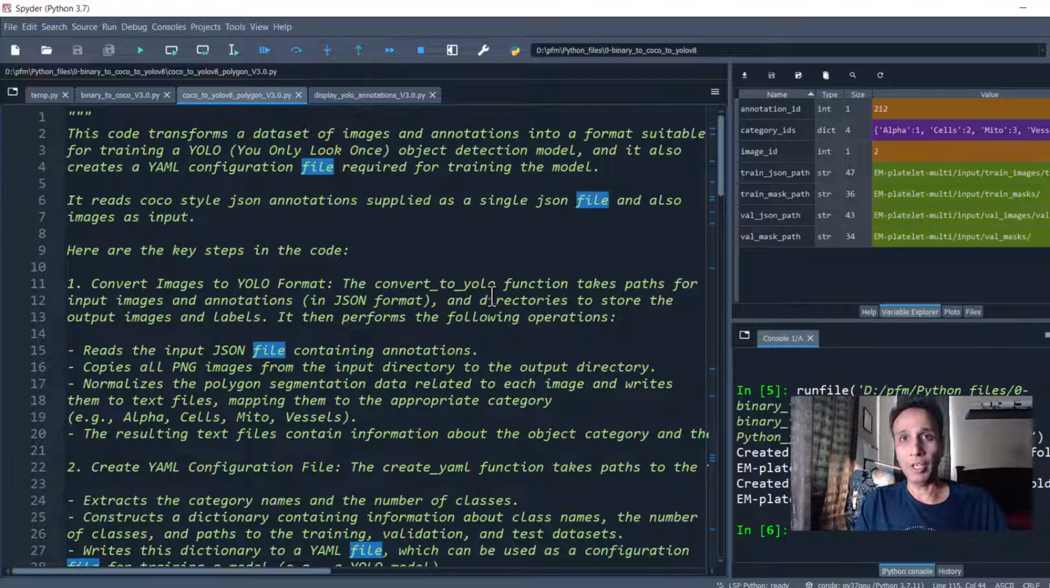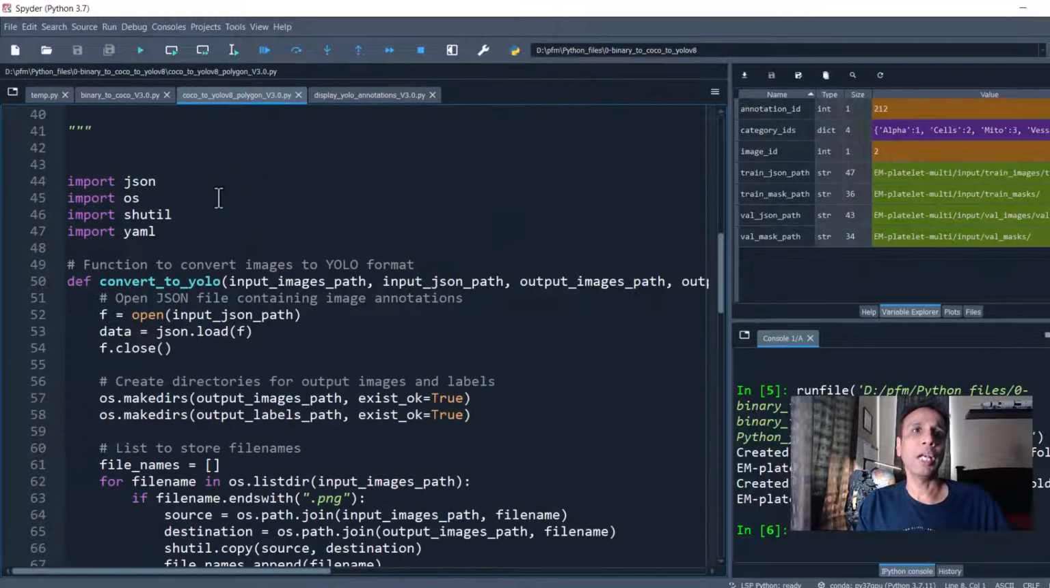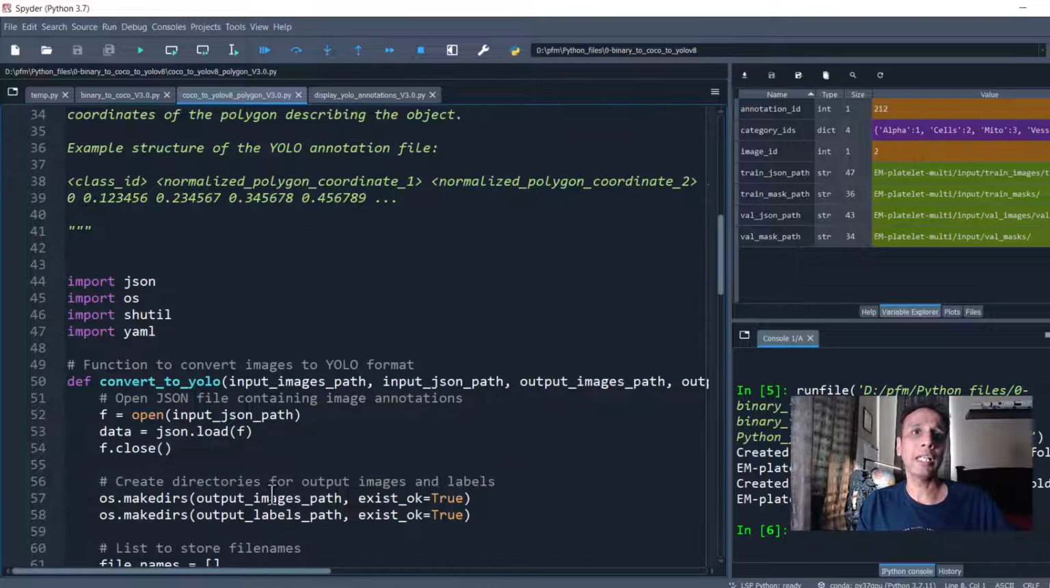COCO to YOLO polygon. Again, I put a lot of text, and the goal here is, again, the code transforms a data set of images into a format suitable for training our YOLO file. And by the way, an interesting note, I actually took this and I put it in